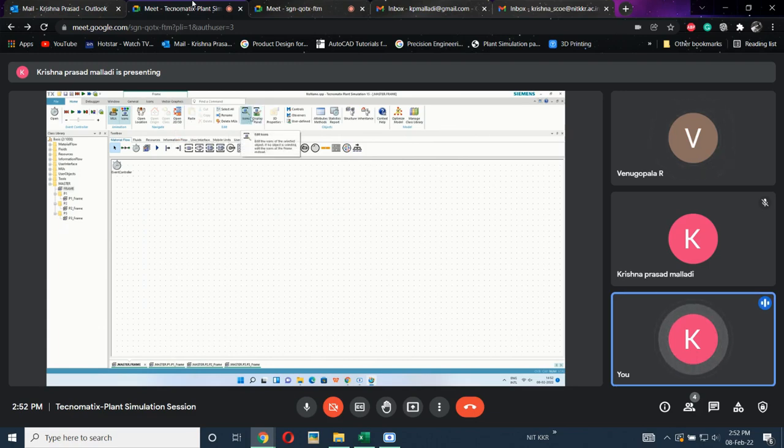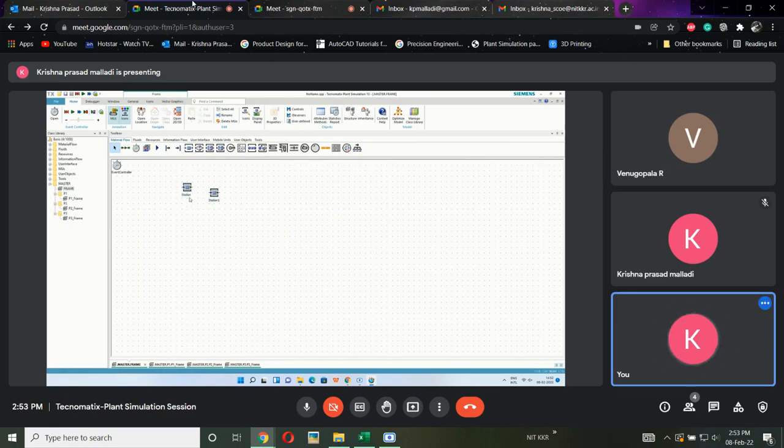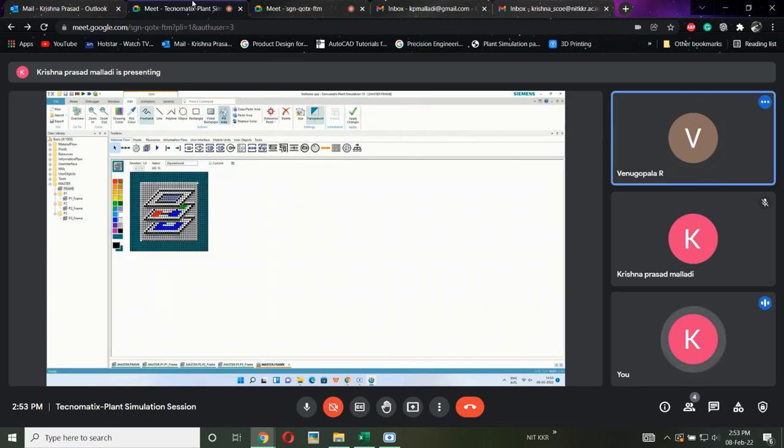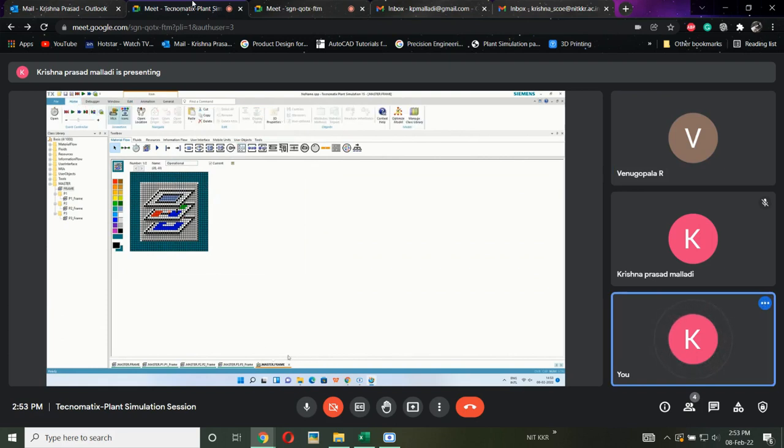I can select the display icons. If there is an icon, I can select this. If I want, I can change the display also. That can be done by these things, like modification. See what will happen? There is a tool here, station one. I want to modify the icons, how it was visible in 2D. If I want to change these icons, I can change the colors involved. Here there is blue. Instead of blue, I want to change to some other color. That is how individual icons can be changed by using this one icon.